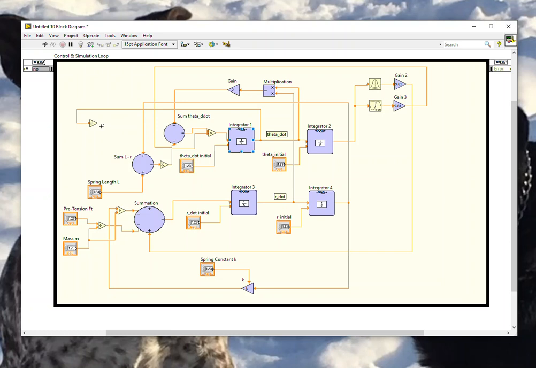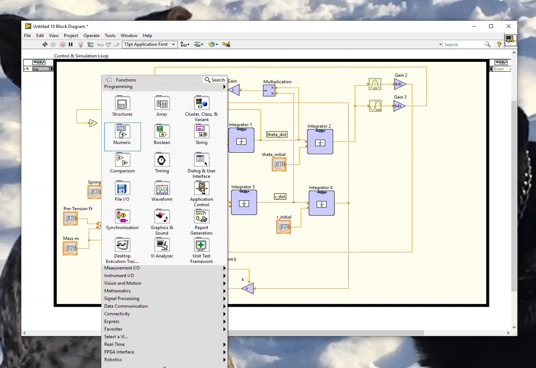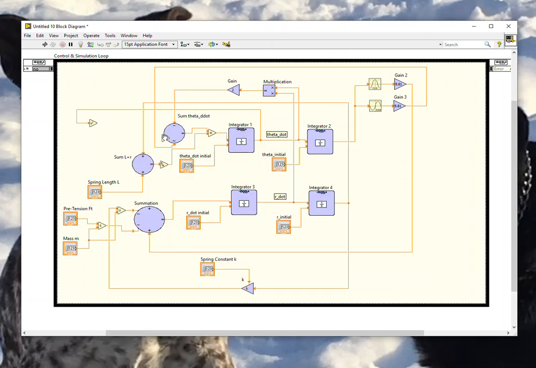The output of this then is theta dot squared. And then I need to multiply that by, so here I can use a different multiplier. I can just right click, numeric, say multiply, and I can multiply theta dot squared by L plus R. And I already have L plus R, which is the output of this line right here. This is L plus R. So I can just take the input from this and just go off and pick it right from this